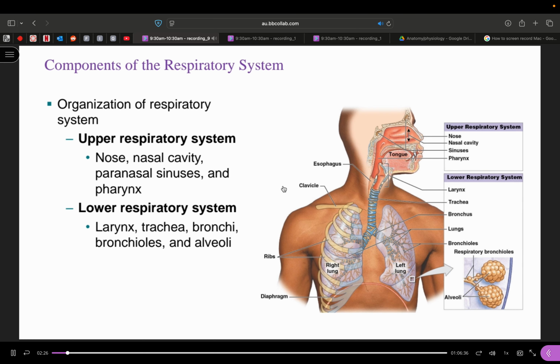And that's where you do need to know the difference between your upper respiratory system and your lower respiratory system. Your lower respiratory system starts at the larynx, and the upper respiratory system starts at the nose and ends at the pharynx. This is a really good image to have,